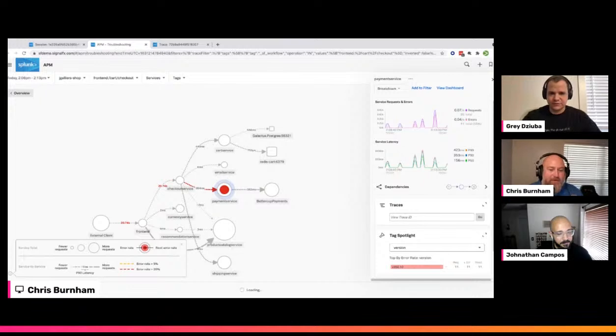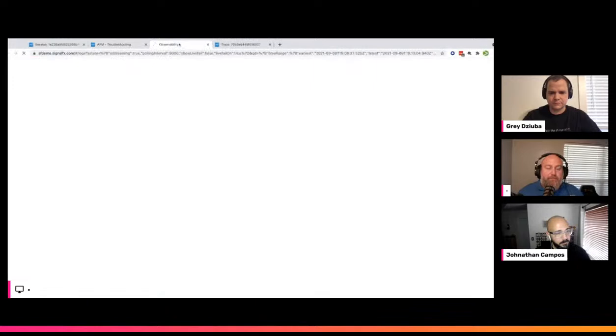So for anyone that couldn't see it, once this loads, it's going to give me some quick things that I can go check that are going to give me some more insight. I could look at the Kubernetes cluster for this payment service and get insight there from that back-end perspective. But we can also go check out the logs that are related to the payment service and this time window, this particular workflow, all filtered down at the same time. So let's go take a look at those.